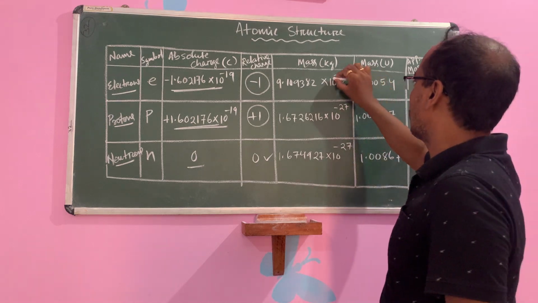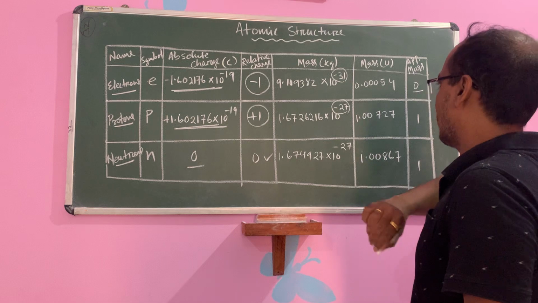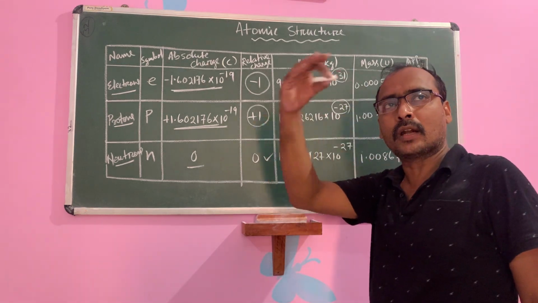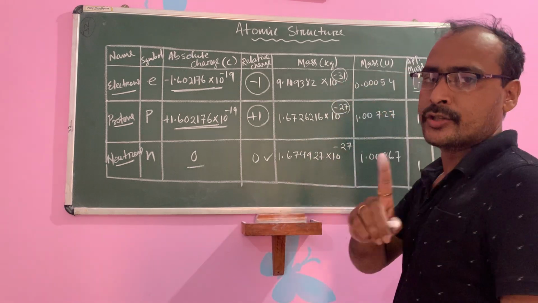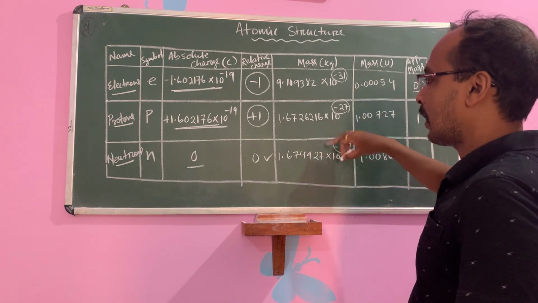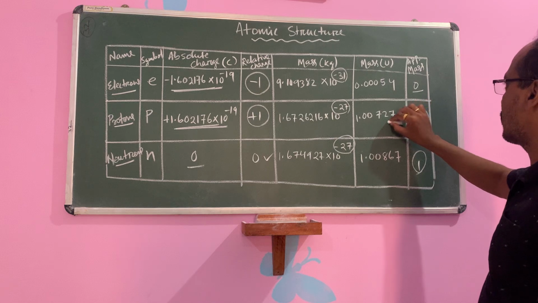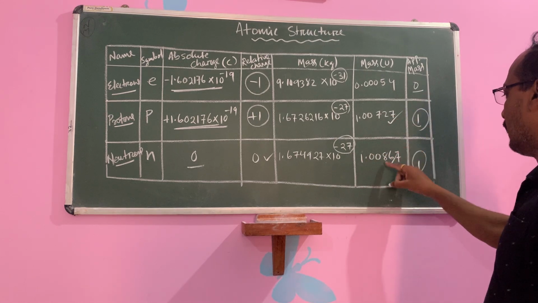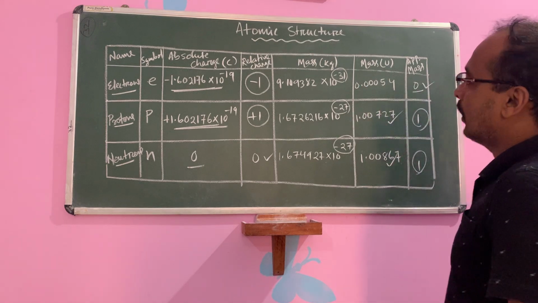You see this value, this is 10^-31 kg. This is 10^-27 kg. Means this one is more than the electron, because electrons are revolving around the nucleus at very high speed. So mass is very less, negligible. That is negligible. Okay. Then the neutron has approximately similar mass to the proton. So having 1, these are known as mass units. These are 1.00, 1.00, 1837, and this one is 0.00, means approximately 0.